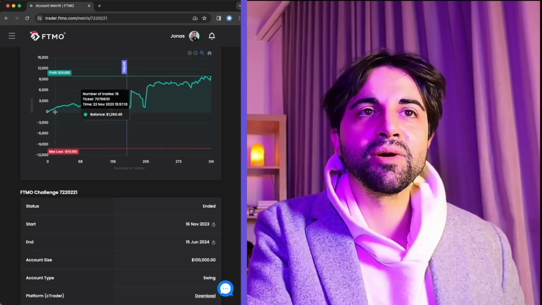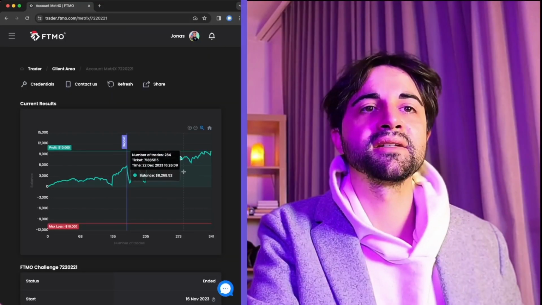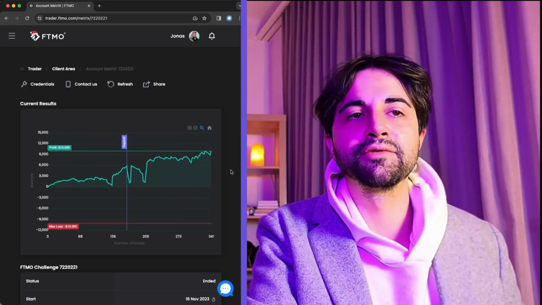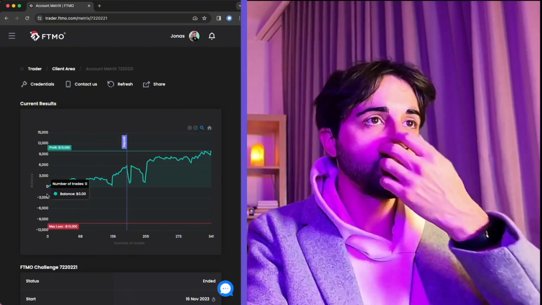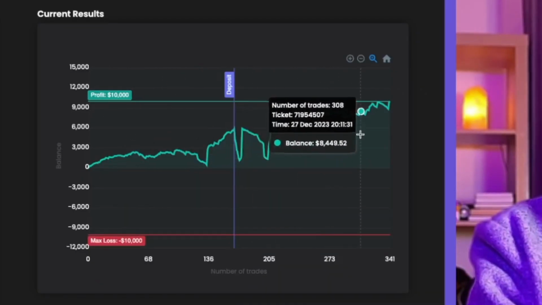Right now, let's look at the graph, because the first thing, guys, you can notice, and this is also the first insight and first tip I want to give you guys. So if you look here at this equity curve or account balance curve, however you want to call it,